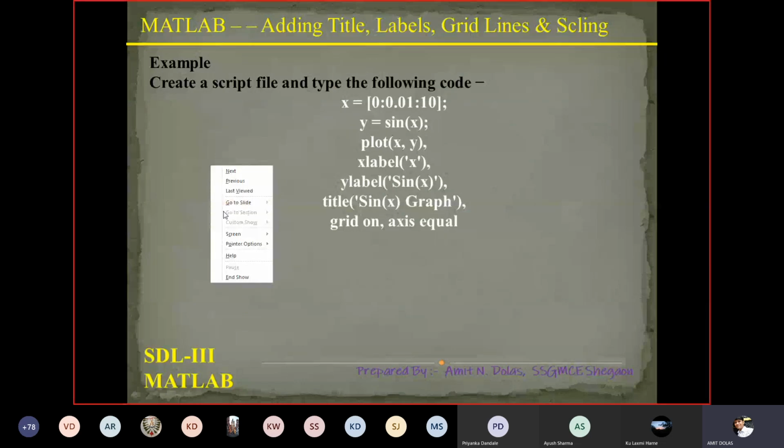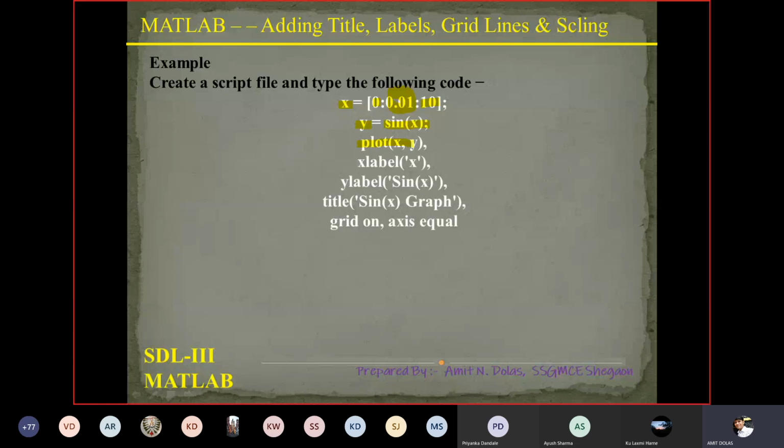Now, in one example here, you can see I define x, which is from 0 to 10 with an increment of 0.01. The range of x is defined. y is a function of x, and it is sine of x, so y will provide you a sinusoidal sine function of x.